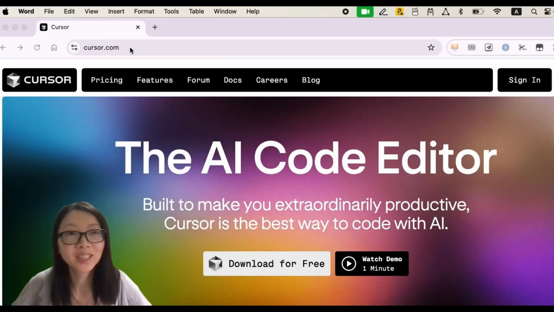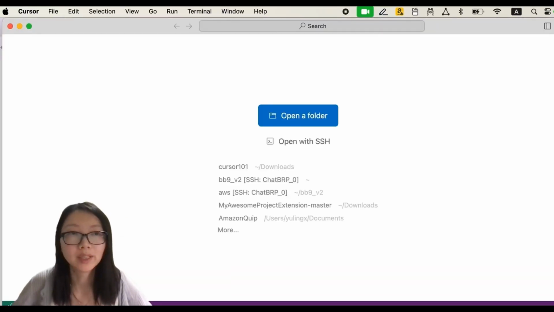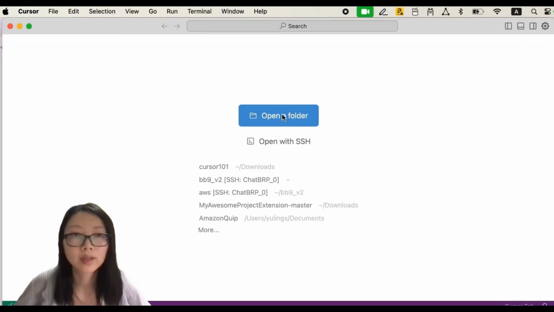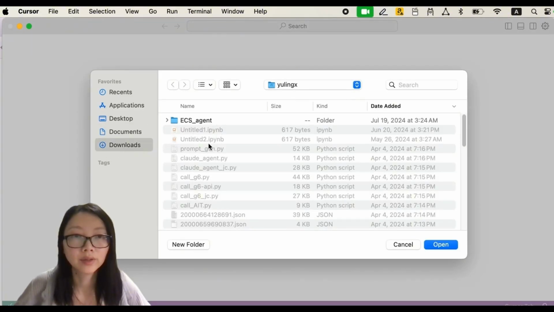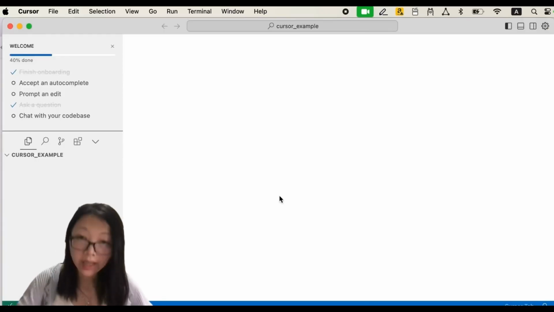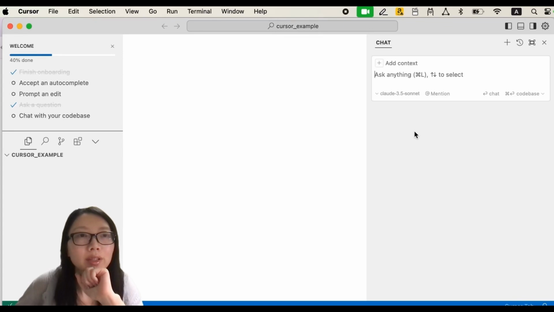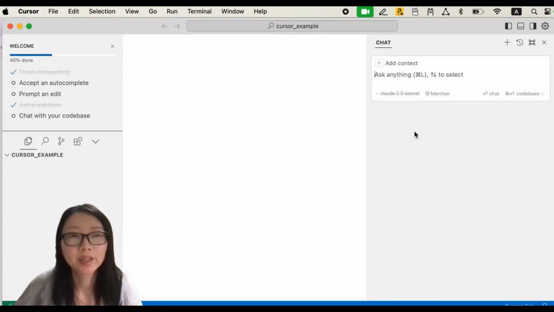So you just go to Cursor and click download, and let's see how we can build this fun app together. Let's open Cursor. We're just gonna open this new folder here. Command L to open the chat window. It's a pretty simple app, so we would allow the user to randomly select an image from the folder and then add the text sticker or add a note on top of the randomly selected image.